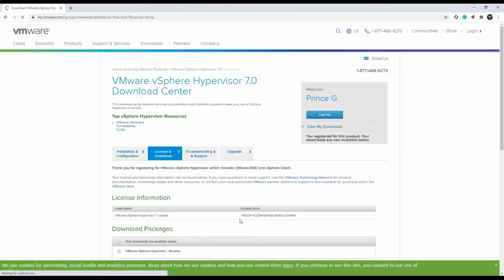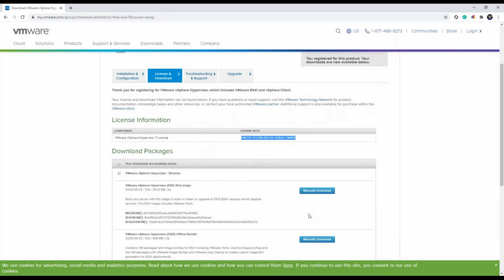So now you can see that you have the license information for the VMware vSphere Hypervisor 6.7. Here is the license key, and here are the packages.